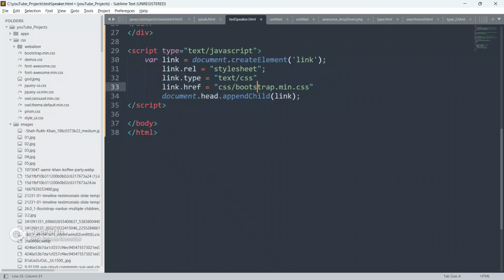Okay, so from now onwards guys, we are going to apply this kind of method so that you will feel confident that you know how to apply CSS using JavaScript also.